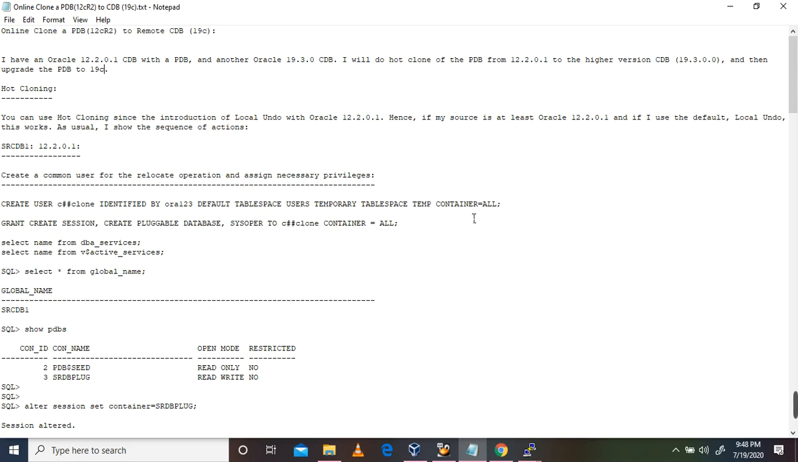So here it is, the source CDB. We need to create a cloning user, and we need to provide the necessary privileges, like creating a common user for relocate operations and assigning the necessary privileges. This one we have to create in the source database, 12.2.0.1. So I'm going to create